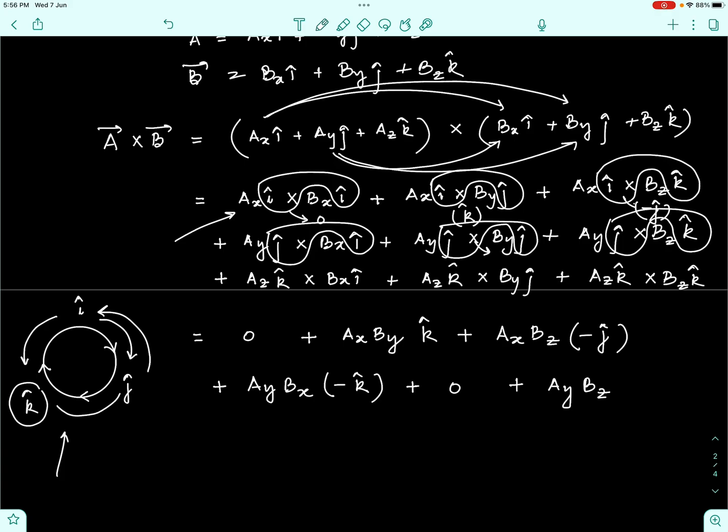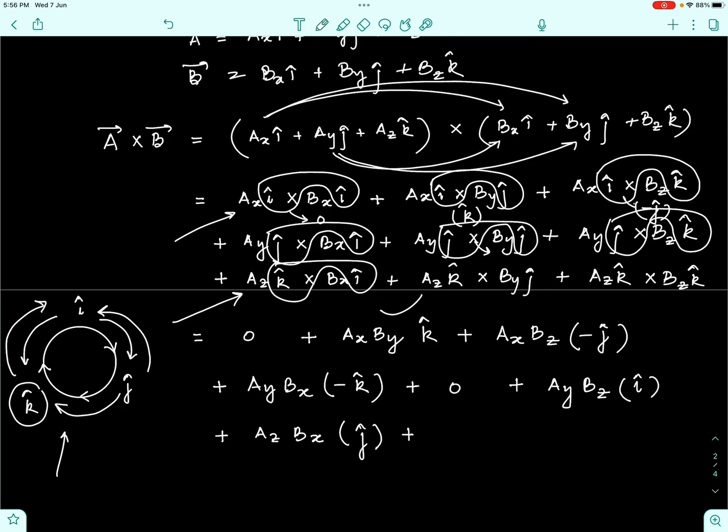J cap cross K cap is a plus I cap, plus the next term, the third term over here, AZBX into K cap cross I cap. K cap cross I cap, we are moving in the direction of the arrow, so it will be plus J cap,